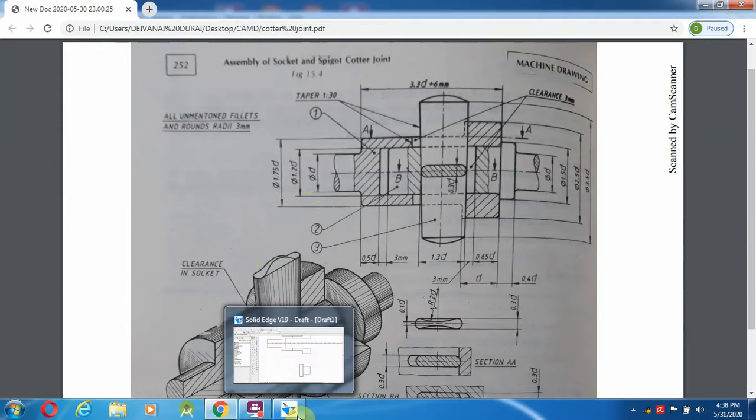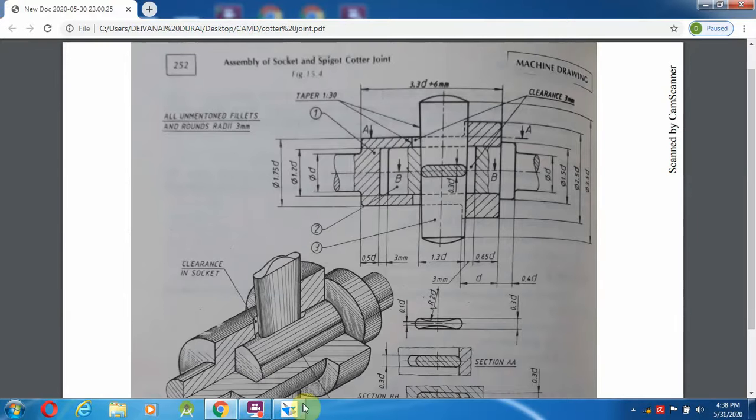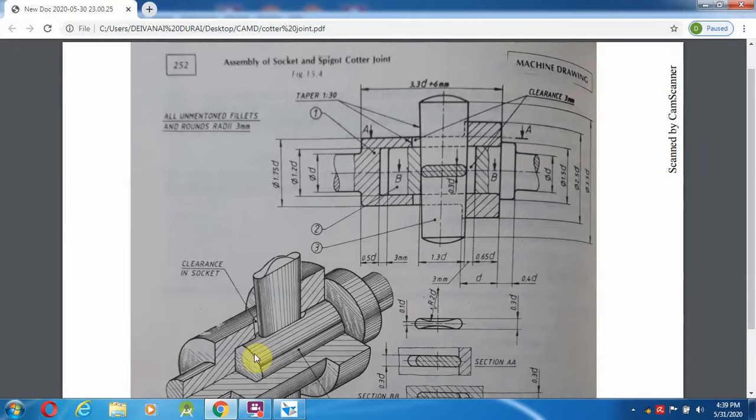So 1.2d we are getting as 24 mm. So 24 mm means we can select a line from mid. You can start from mid to 12 mm, 12. And now what is the length? Length of the spigot inside.